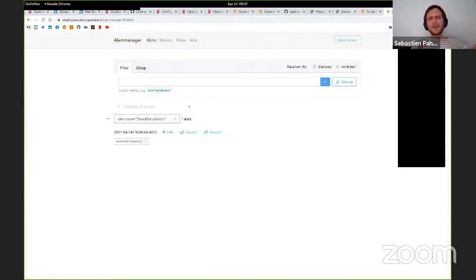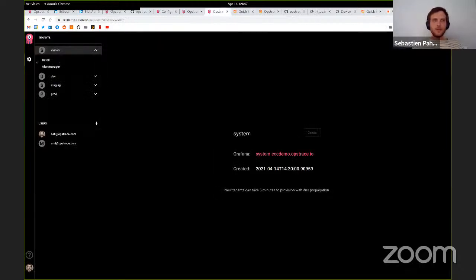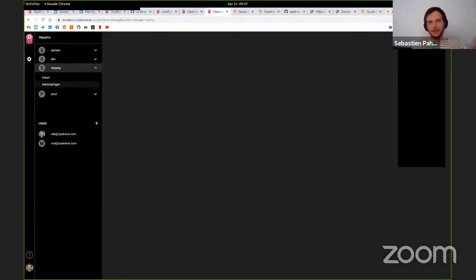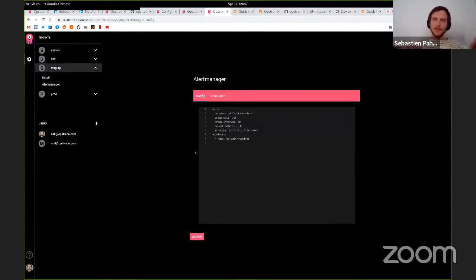So I'm not going to hook this one up to a Slack because it's a bit redundant and boring. But the idea, because this is what you can do with normal Alert Manager, you can actually go and create these as you want. That's the first step. We want to also allow you to look at these things through a UI. Right now, obviously, this is very limited, very basic. This is just a way to submit the config itself and the templates through the UI, through an editor, but the editor validates the config.